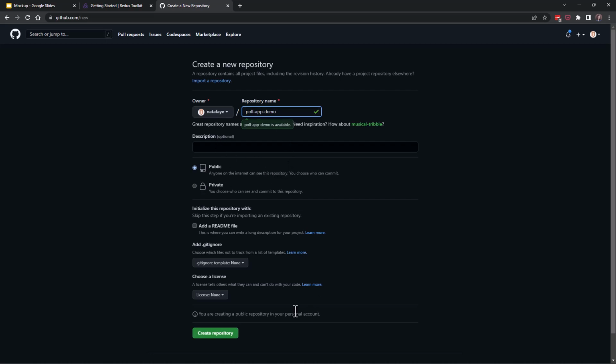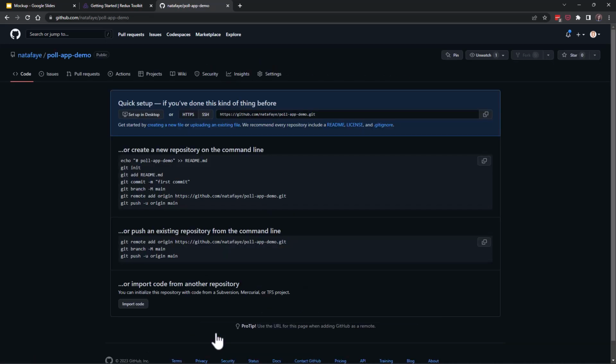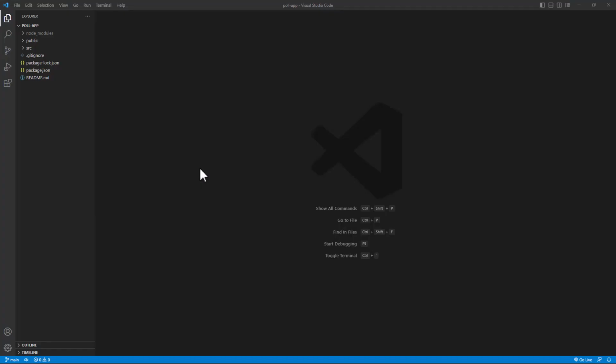And it'll be a public repository. I will share this repository in a link under the video, so you can always look at the code for it. I'm going to create my repository, and now it is ready for a local repository to connect to it. You just need to give the local repository this location right here. So I'm going to copy that location, and now over in Visual Studio Code, I can open up a terminal,